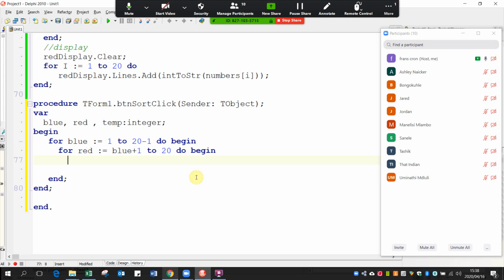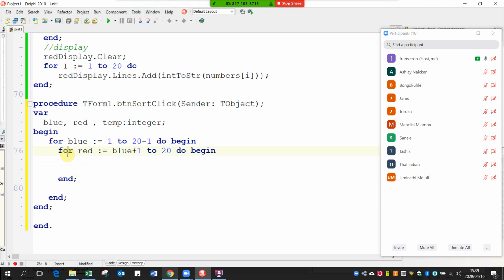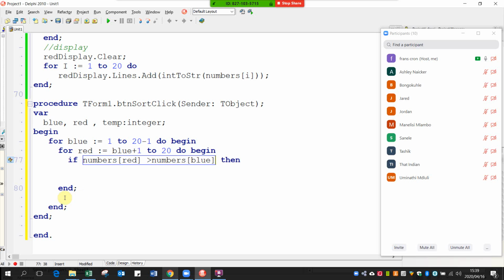Okay, and then we go begin and end. Also this begin and end not required. Now these are just placing our blue and red positions. Now we need to do the comparison. So we needed to check if our array at position red was greater than the numbers at position blue. Or if you read it from the right hand side, are the numbers at position blue smaller than the numbers in position red. So if that is true, that meant we wanted to swap them